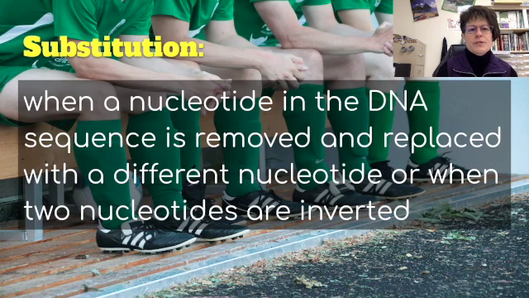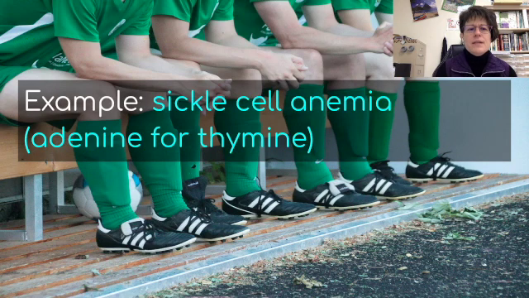The first is a substitution. We see the substitutes on the bench in the background here. This is when a nucleotide in the DNA sequence is removed and replaced with a different nucleotide, or when two nucleotides are inverted. So it's like sending a substitute into a game, and it can make a difference. An example is sickle cell anemia, where there is just one nucleotide that is switched. Adenosine is for thymine. So thymine is replaced by adenosine, and it causes sickle cell anemia,